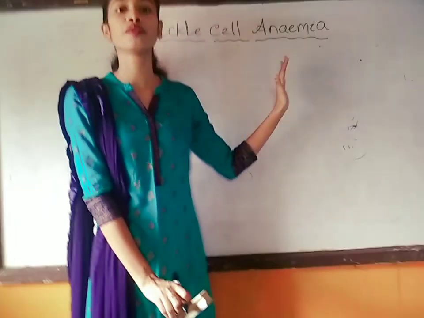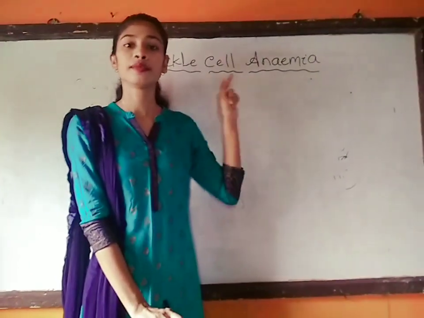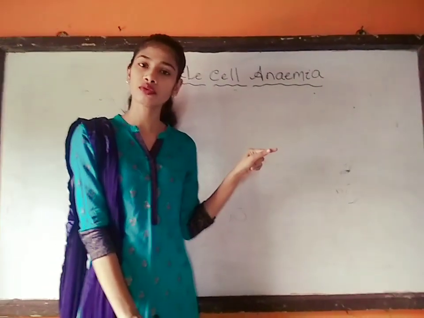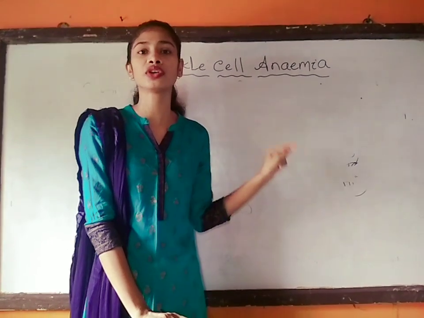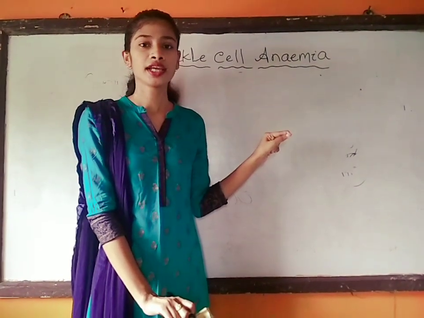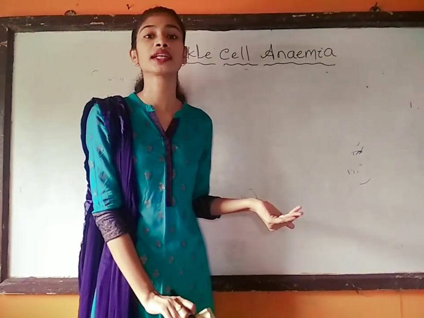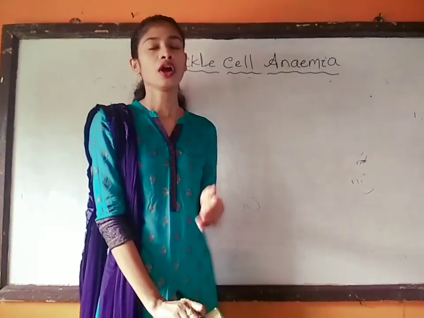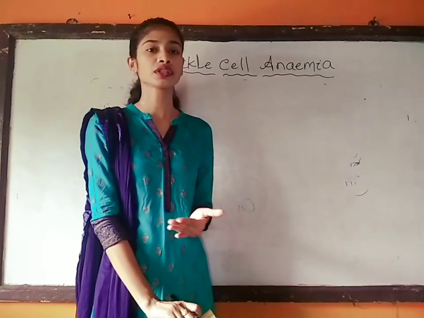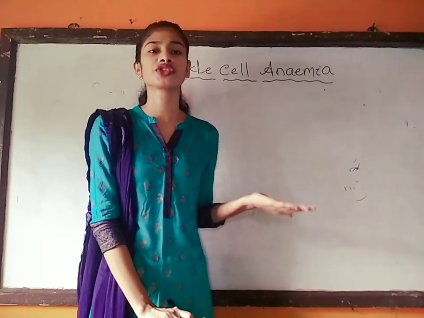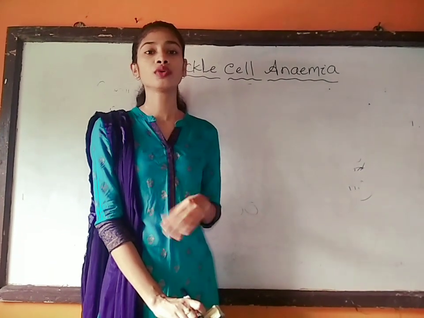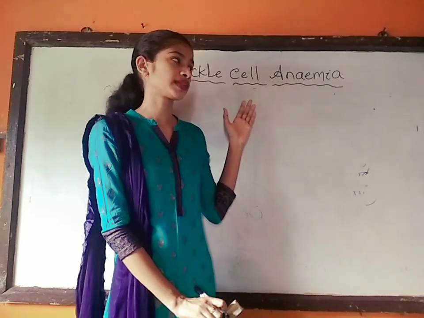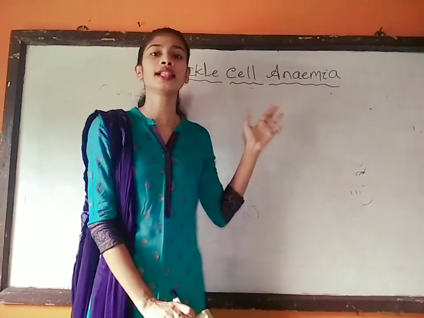It occurs in the hemoglobin beta globin chain. When a point mutation occurs in a particular nucleotide present in the DNA, a defective beta globin chain will be produced. If a defective beta globin chain is produced, a sufficient amount of oxygen cannot be carried in the RBC or in the blood. So the patient will suffer from sickle cell anemia.